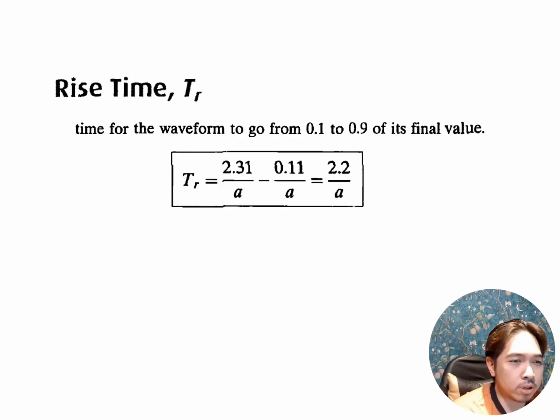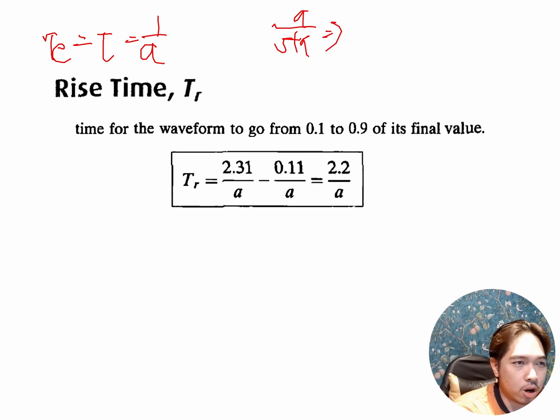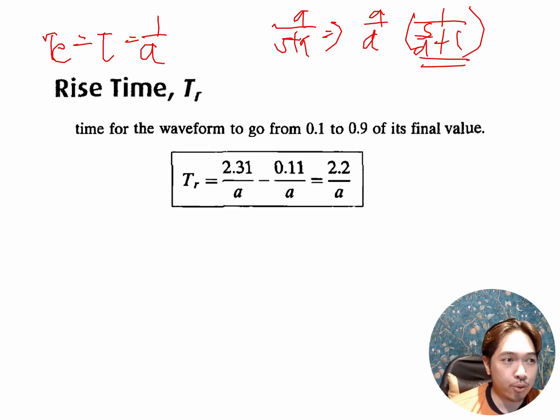Alright, now that we have considered the value of our time constant Tc, I'm going to correct what I mean: Tc is also equal to tau, which is the common factor for the two. So tau would be equal to 1 all over a, which is a factor common to the numerator and the denominator. Say, for example, we have a all over s plus a, wherein we take the factor a out, which leads to 1 all over s all over a plus 1. This is our standard form.